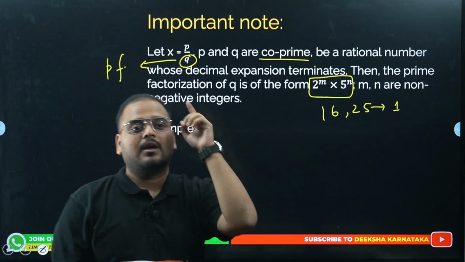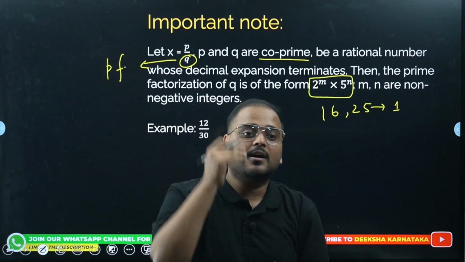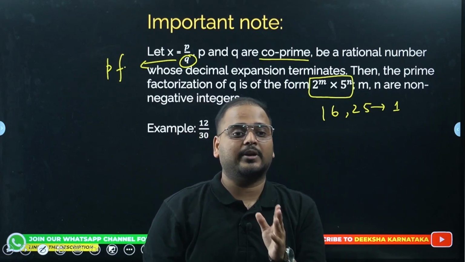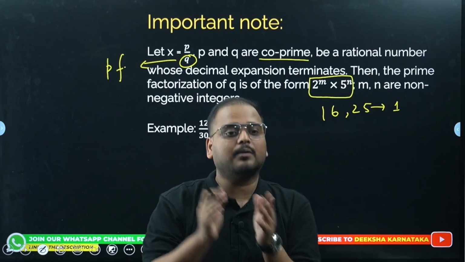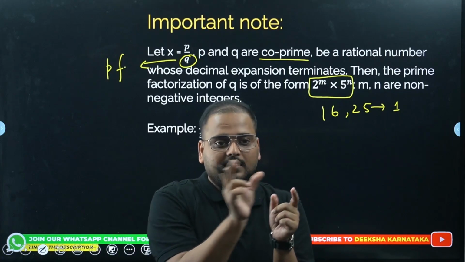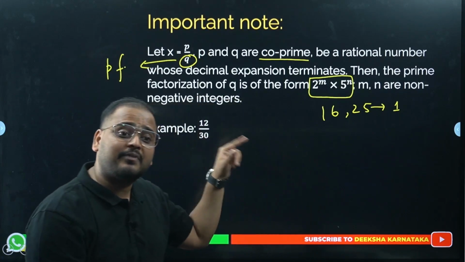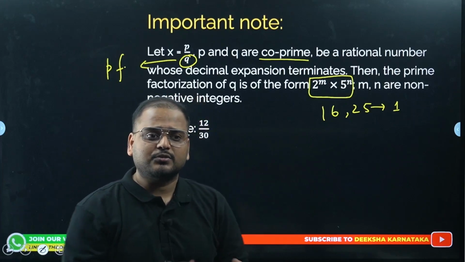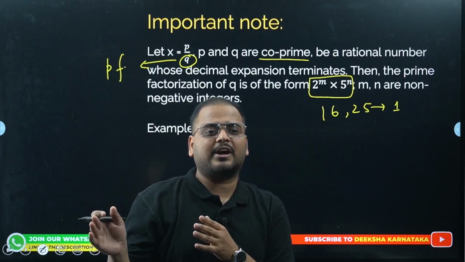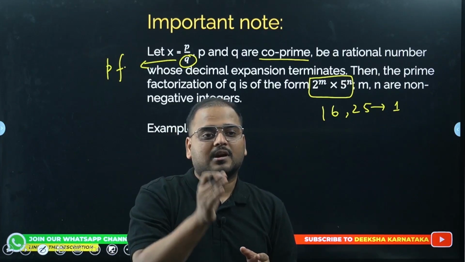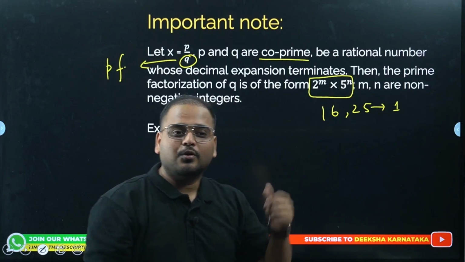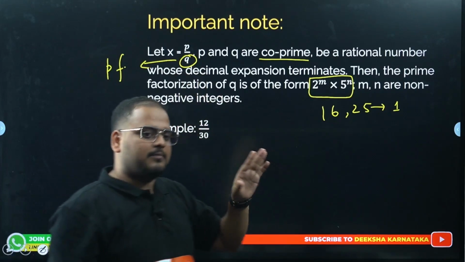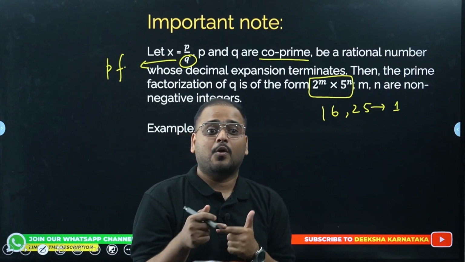What is the first kind? If the fraction is given in co-prime form, then we can look at the denominator, do the prime factorization, get its expansion, and if it is of the form 2 times 5, then we'll call that number a terminating decimal. So they can directly ask which of the following fractions are or can be terminating decimals. From there, how will you know? By looking at the denominator. I have taken an example, we'll do it, but before that, this is another type of question. What type of question is that?